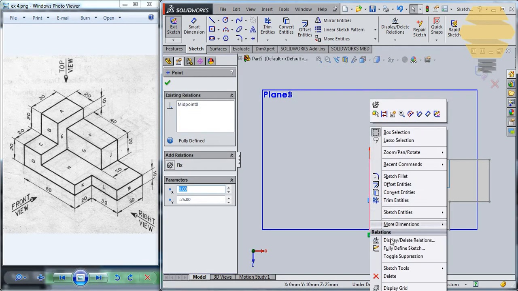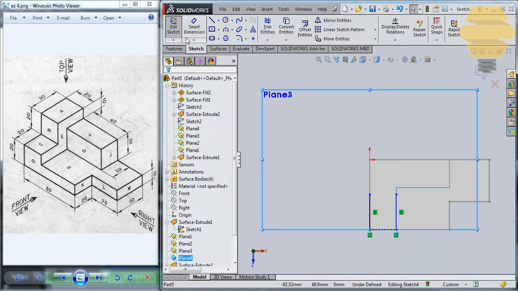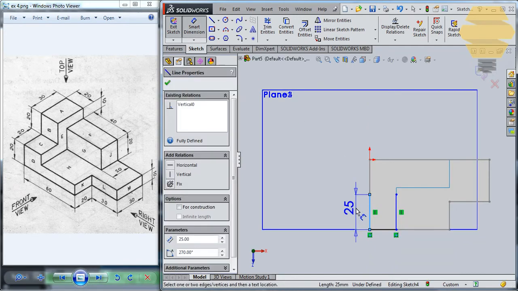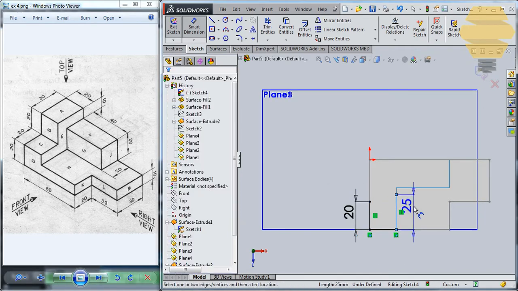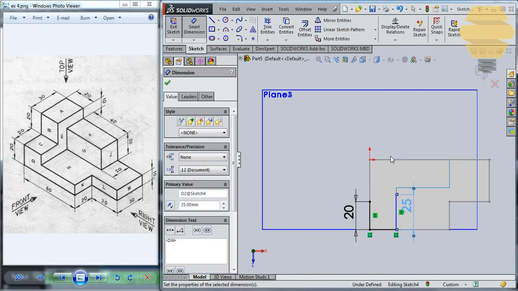Okay, this came in the midpoint, so you just have to delete that. Now you can give 20 here and 20 here as well. Alright. Now what you can do